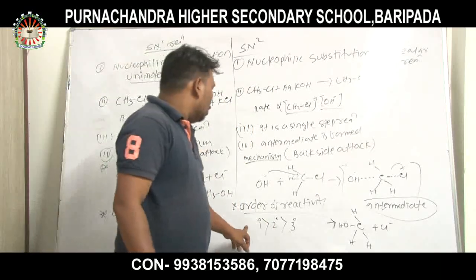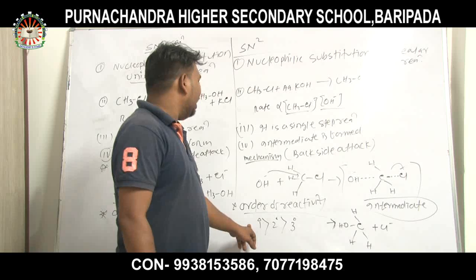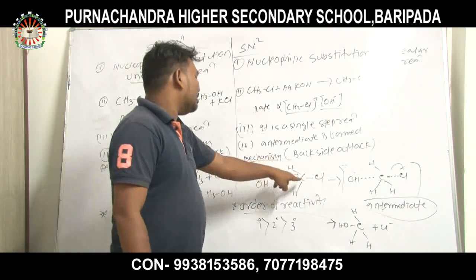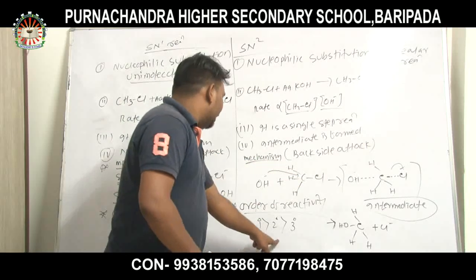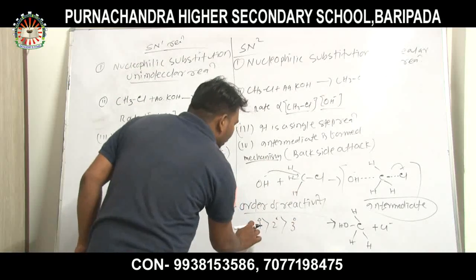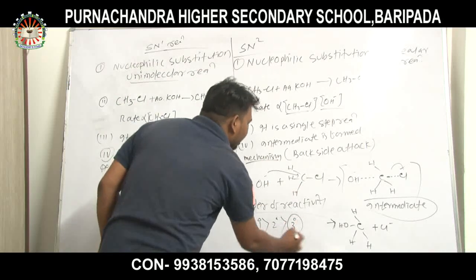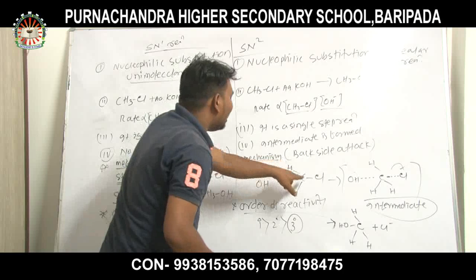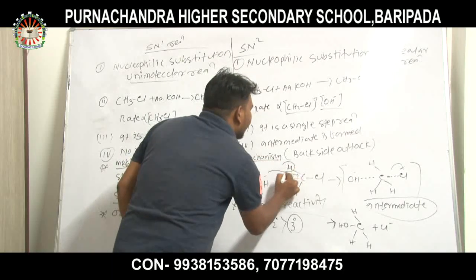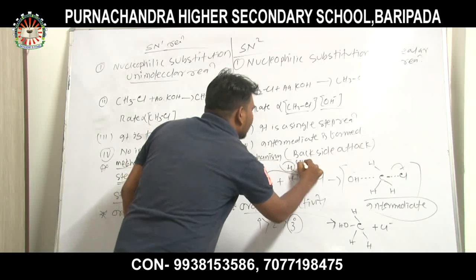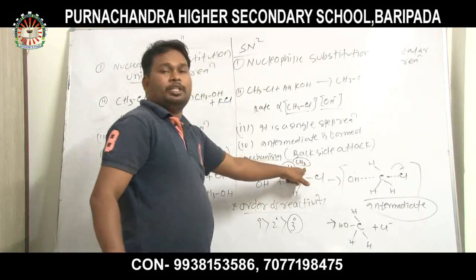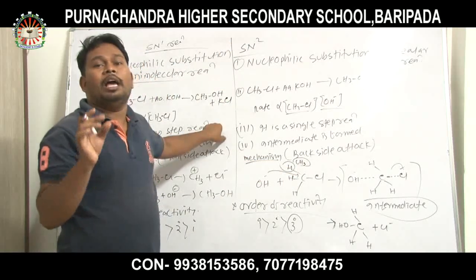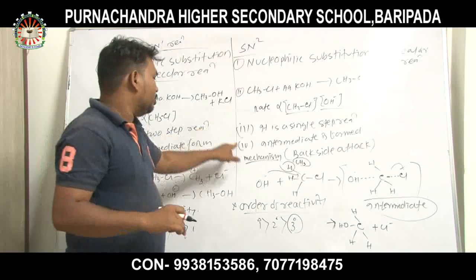Because 1 degree is more reactive toward the SN2 reaction, since here the nucleophile attacks from the back side. When you take a 3 degree alkyl halide instead, when the base attacks the carbon there is more steric hindrance due to the presence of bulky methyl groups. Steric hindrance is the repulsion between the electrons of bulky groups.